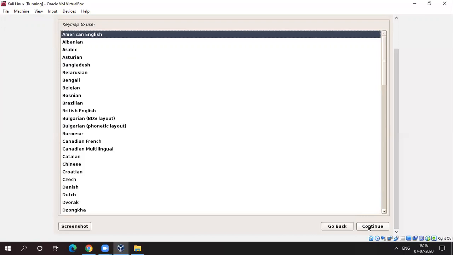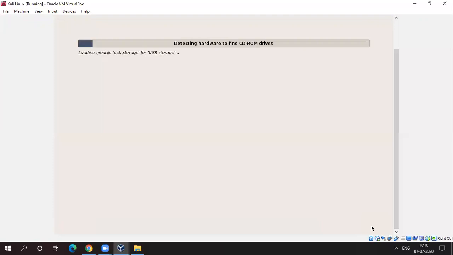That will be American English, or otherwise if you are from another country, you can choose other also. Okay, it will load the network administrator and some additional components. For that we need to wait for some time.